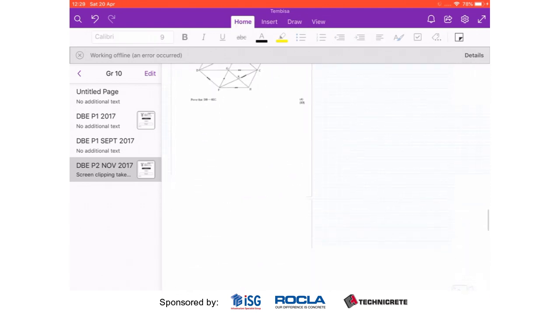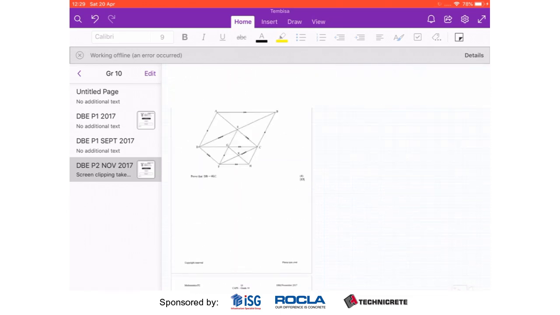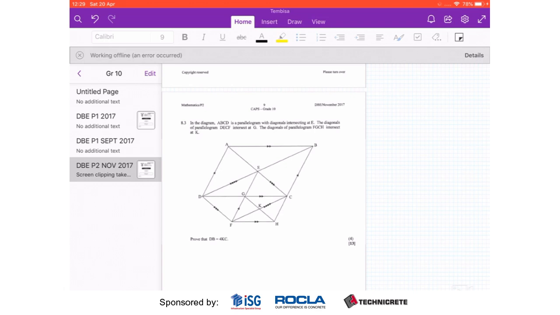I think we're at the end of our paper. We're nearly there. 2 more questions. Question is working with the same concepts. So it says in the diagram, 1 second. Okay, in the diagram ABCD is a parallelogram with the diagonals